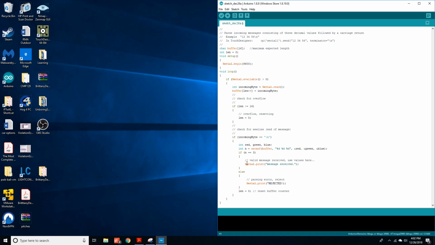This is review from our last section: Serial.print is going to print back to our output